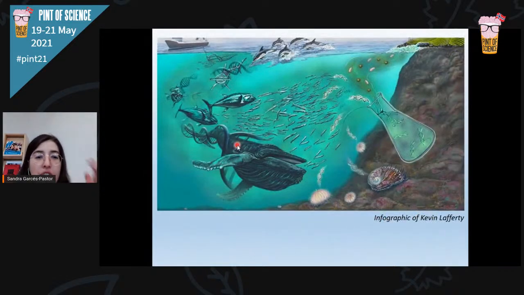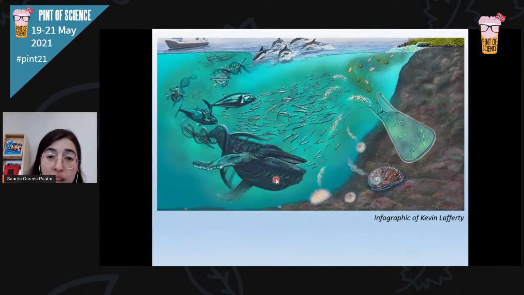Here I want to show you an infographic that I think encompasses this very well: a marine ecosystem. We already know that we leave traces of DNA everywhere. So do the animals. For example, this whale is leaving a lot of traces through tears, saliva or feces. The same goes for the tuna, and also for the fish that this tuna is feeding on,